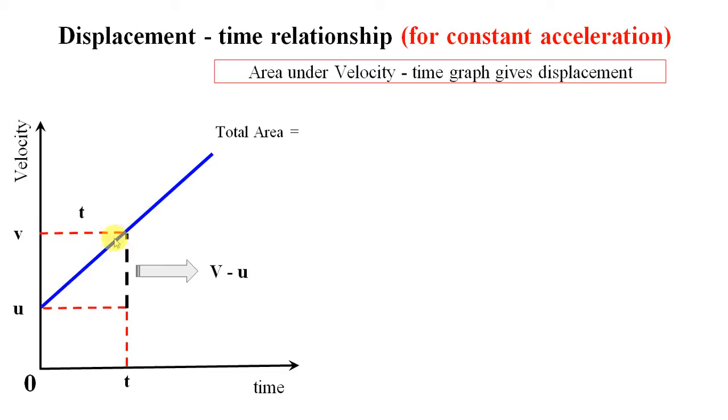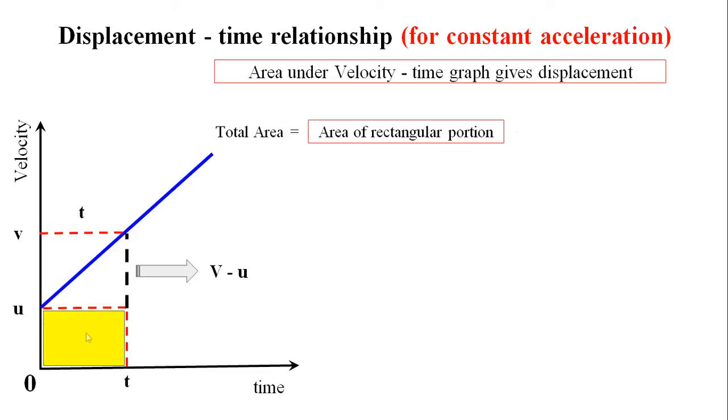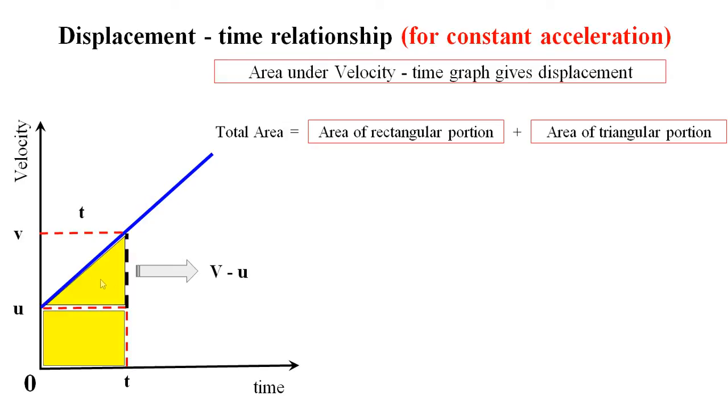considering for a time t, is divided into two regions. One is a triangular region and the other is a rectangular region. Hence, total area is given by area of the rectangular region plus area of the triangular region. Total area is equal to displacement. Hence, displacement is equal to area of the rectangular region, which is obtained by the product of its length t and breadth u